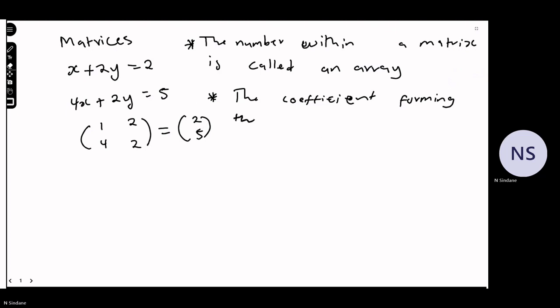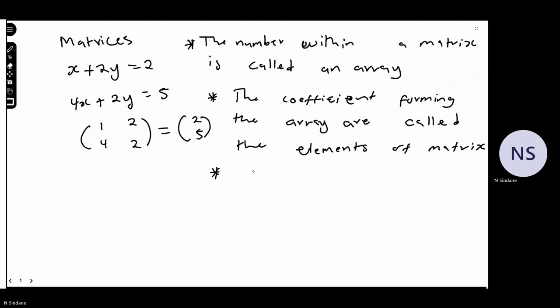The coefficients forming the array are called the elements of a matrix, right? Then three, the number of rows in a matrix